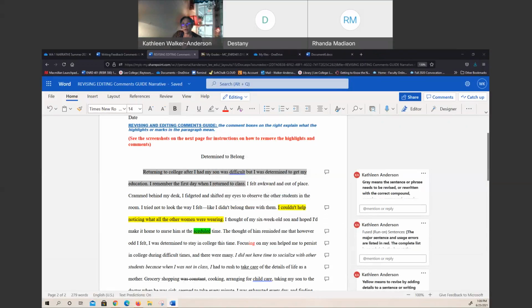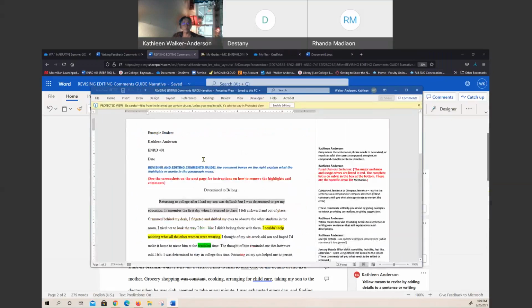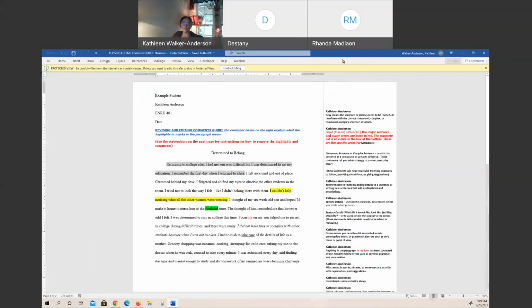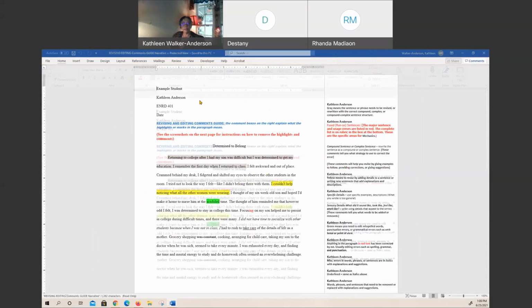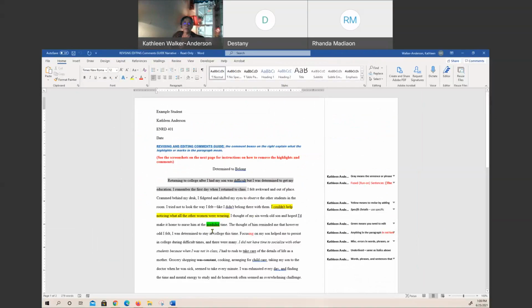What you see on the screen now is the version if you're looking at it in the web browser, Microsoft Office, if you log in through the web. When you download this to your computer, it looks like this, and this is the one you want to see. You want this version because all the comments are colored and it's not formatted correctly on the web. So download it to your computer, and make sure you click enable editing or it won't let you type in it or do anything. Your paragraph will look something like this. It'll have highlighting. It might have italics, so it'll have different annotations, and it's going to have comments over here. And so we're going to go through how